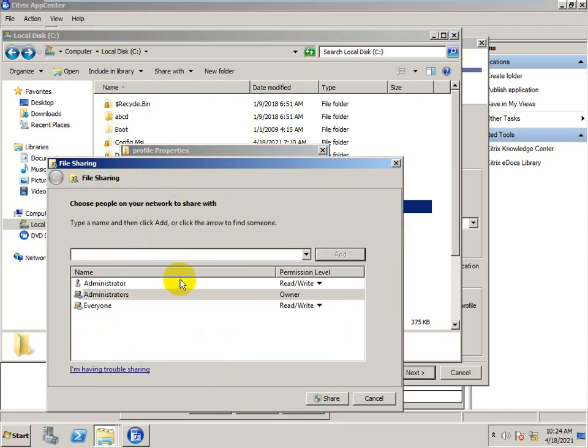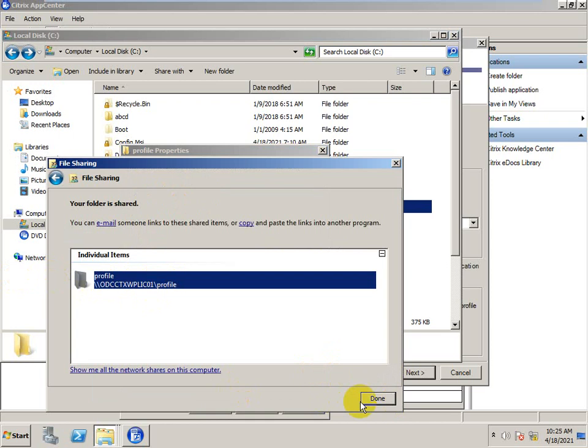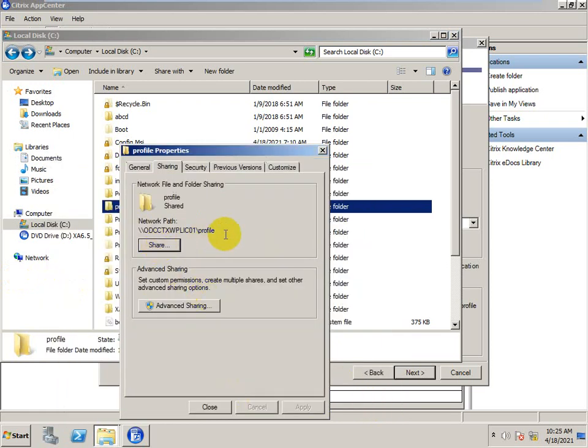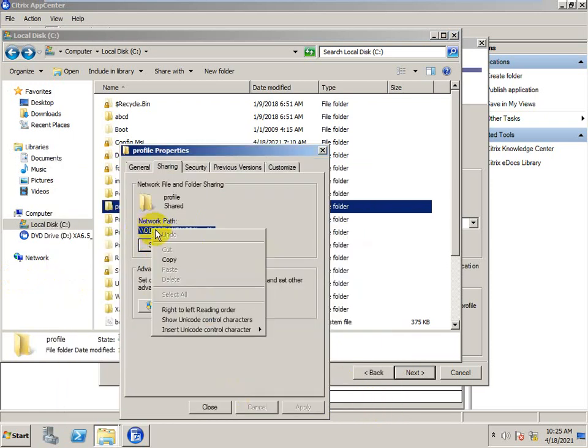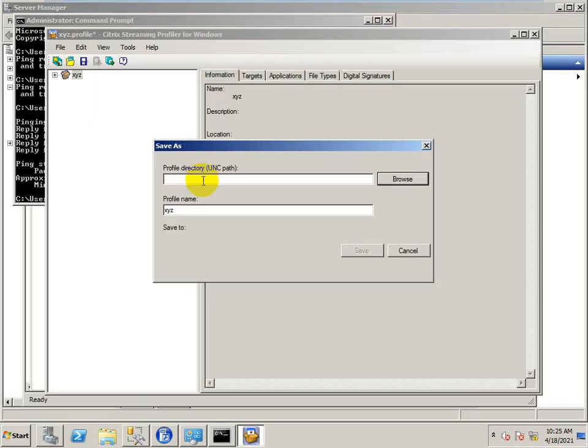Sharing, share, everyone, share. This is the path done. I'm copying this path, closing, and going to this server.